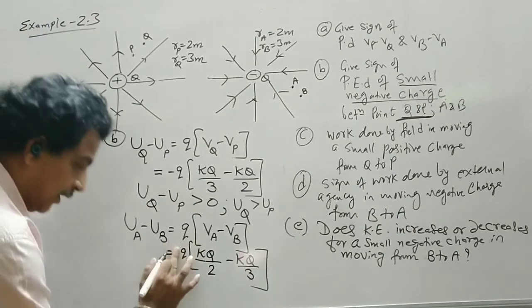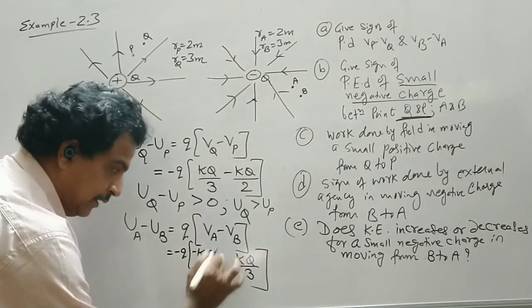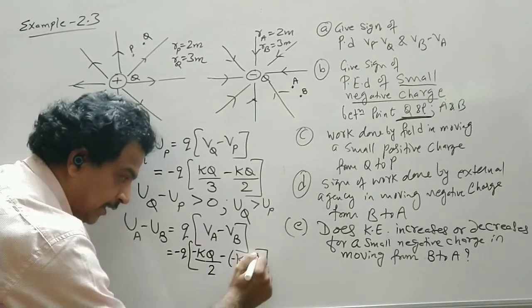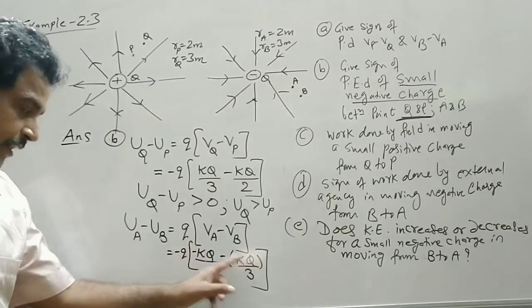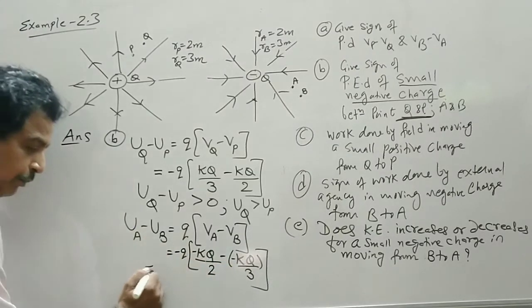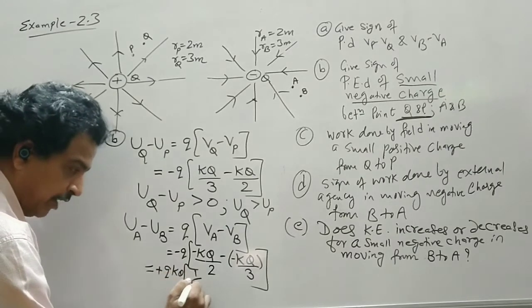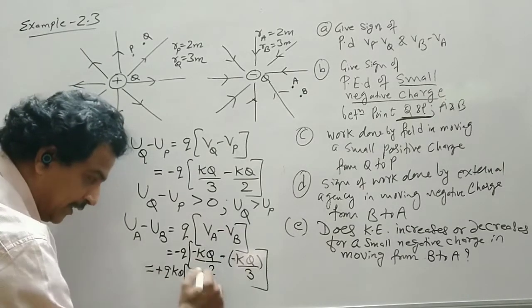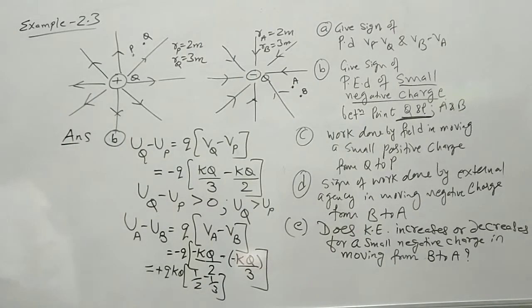So first I have written like this. So this is minus, and this is my source is minus. Now I take this minus sign outward. So it becomes plus Q. Q is common. 1 by 2. This minus is outside. Plus 3. So again this term comes out to be positive.